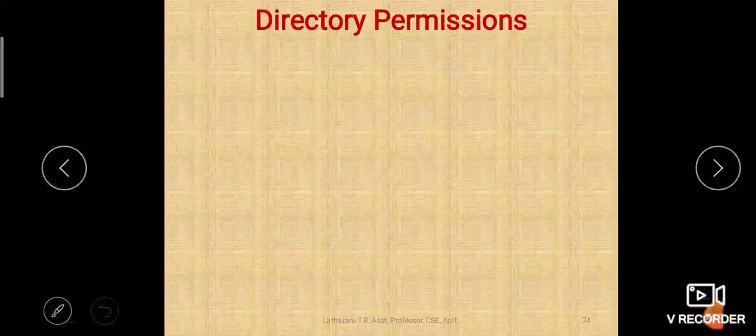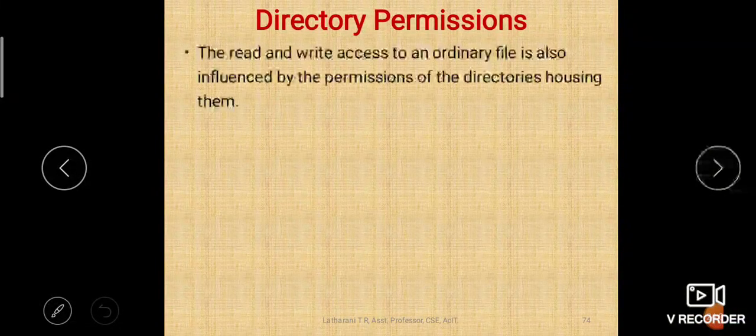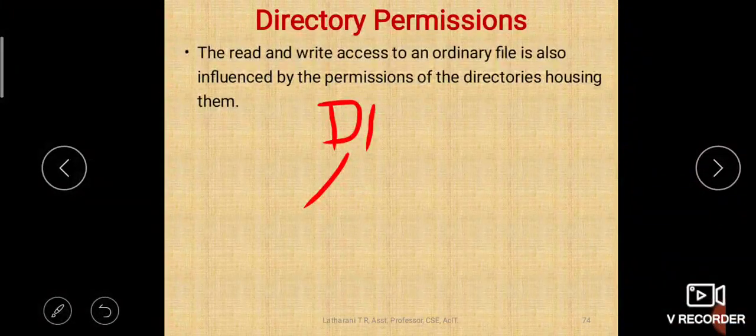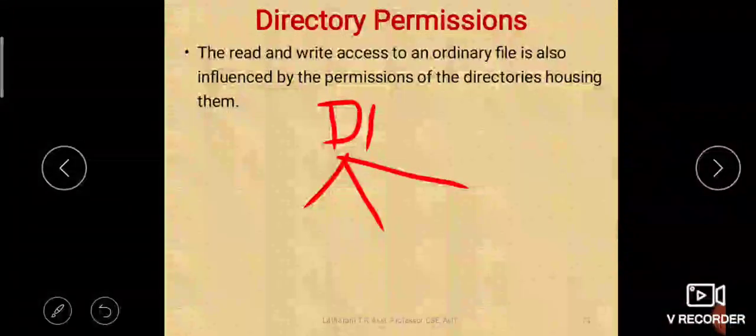Next, let us see the directory permissions. So directory permissions affect the permissions of the files under it. Let us say we have a directory called d1 and under that we have some subdirectories and files.